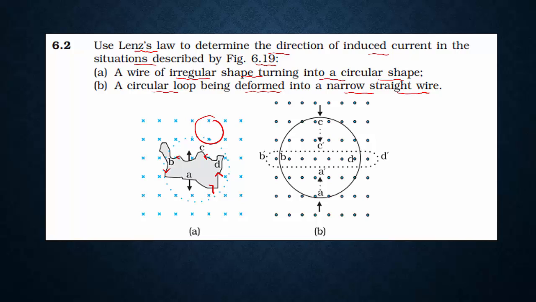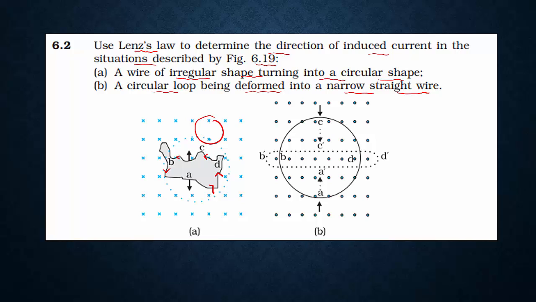So when magnetic flux decreases, by Lenz's law, we know that the induced current should produce a magnetic flux in the direction of the original flux. So for this, the induced current should flow in the anti-clockwise direction. It means the direction of current will be along